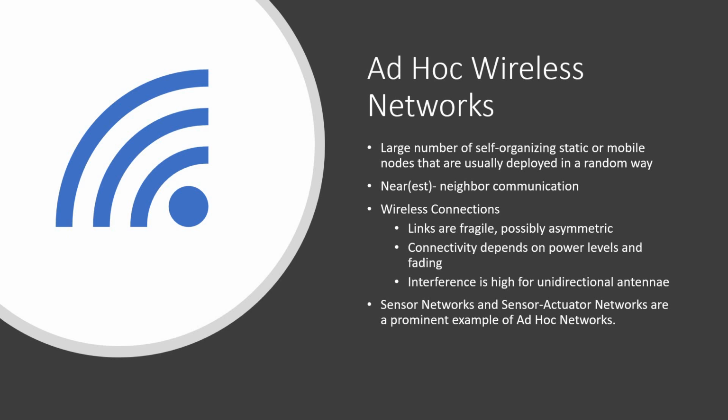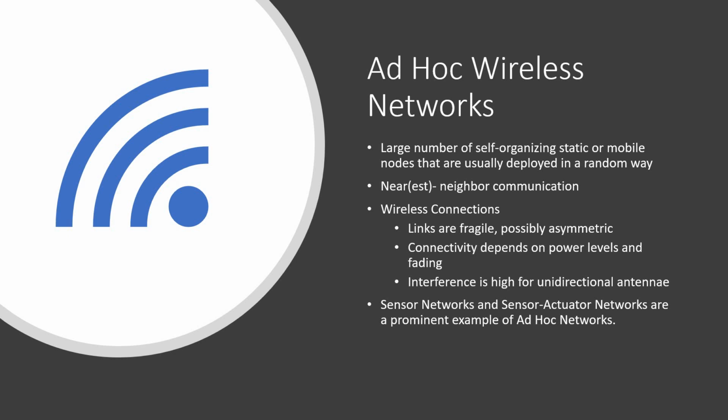Then the next thing is they usually communicate with the nearest neighbor. They do not send data directly to someone far away, even if they have the capacity to do so. And obviously the connections have to be wireless. The links are usually fragile. That means the links can easily be broken down, or there might be failure easily, and the links are possibly asymmetric. So asymmetric means